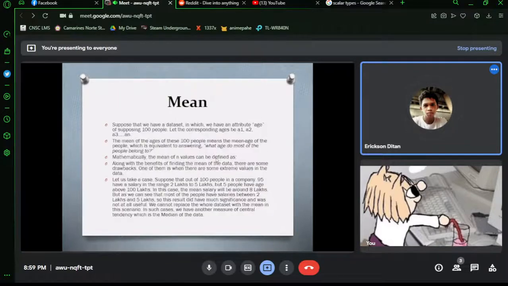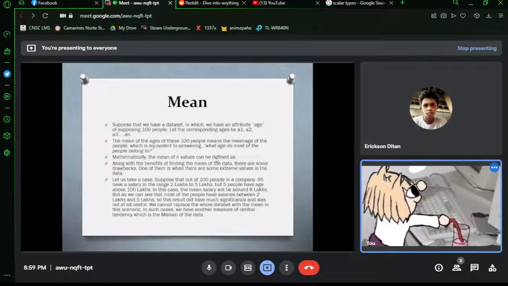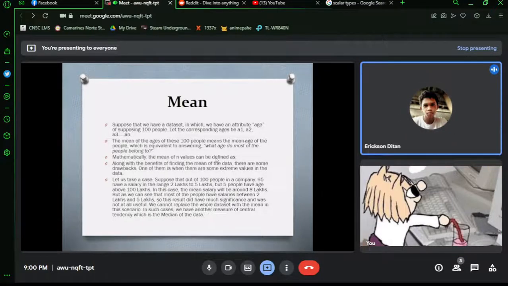Okay, mean. Suppose that we have a dataset in which we have an attribute age of, supposing, 100 people. Let the corresponding ages be A1, A2, A3, and so on. The mean age of these 100 people is equivalent to answering what age do most of the people belong to. Mathematically, the mean of n values can be defined as